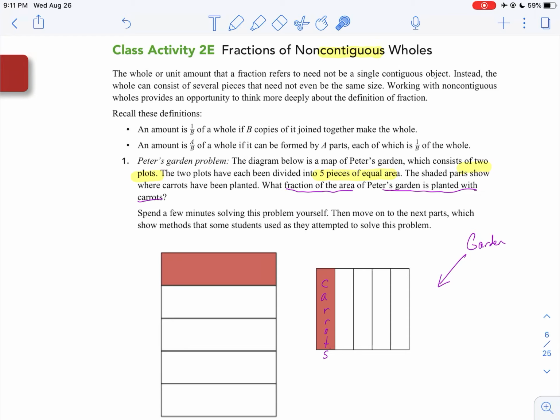This is a challenging one. Don't worry too much if you aren't completely getting all of this. It's pretty involved, pretty intricate. But it's good to think through and think about what happens when these gardens or plots are the same size, and to recognize that the garden is the